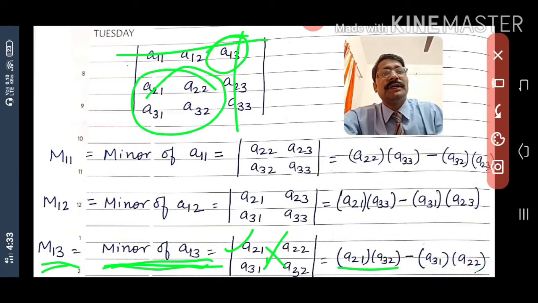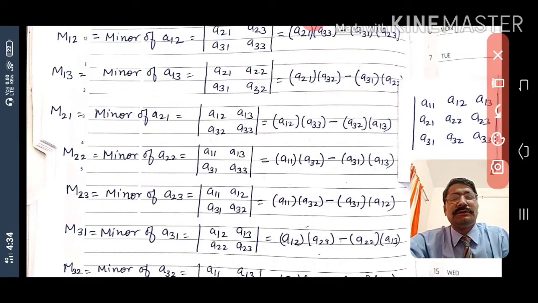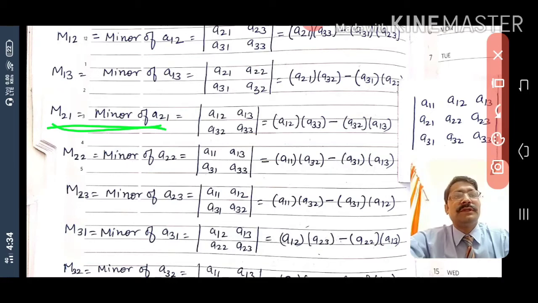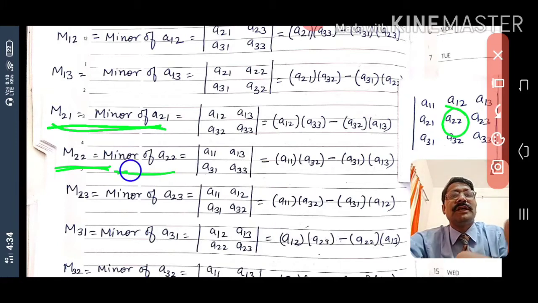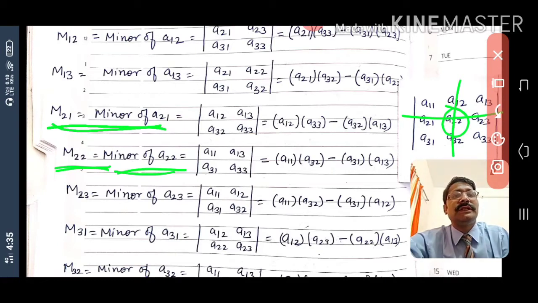Now same as it is, we have to find the minors for other also, that we find this M21. M21 meaning is second row first column element. This is the second row first column element, means you will not take second row and first column. So remaining elements you will write here A12, A13, A32 and A33. So now this you have to cross multiply, you will get this answer. Same as it is, you can see that you will find M22. M22 means second row second column element. Second row second column element is A22, means minor of A22 you have to find, and that is you will not take second row and second column, means corners you will take A11, A13, A31 and A33. This you cross multiply, you get this.